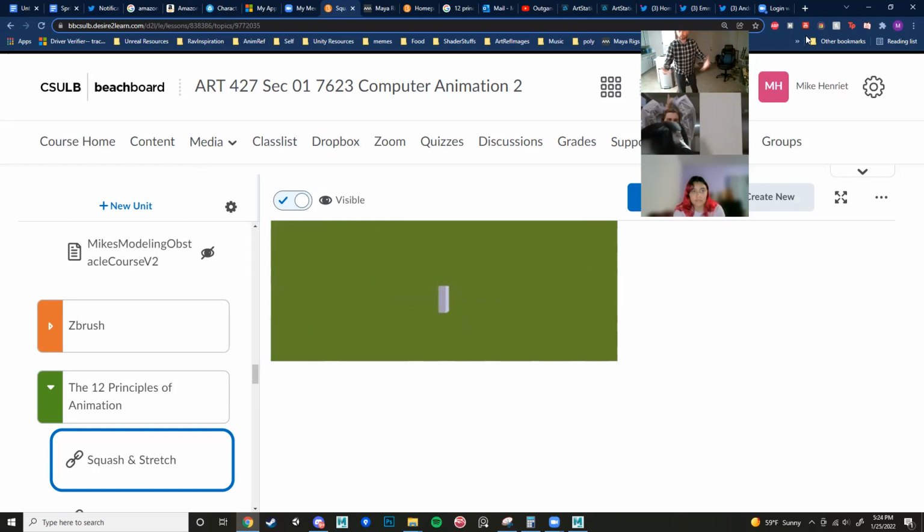But like in real life, right? This concept also applies. So I can also move it up a little bit. And this is also why I want to teach in person for this class, because it is such a physical thing. But like the way that we approach squash and stretch in real life,